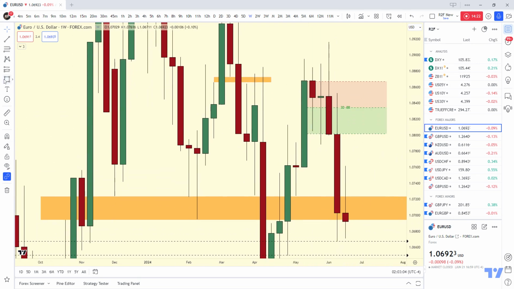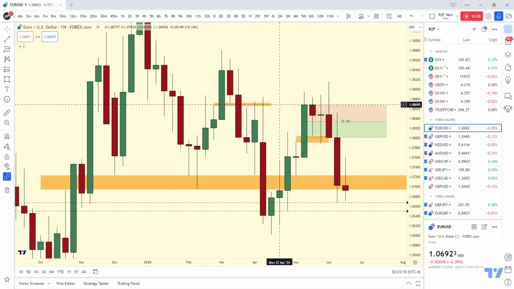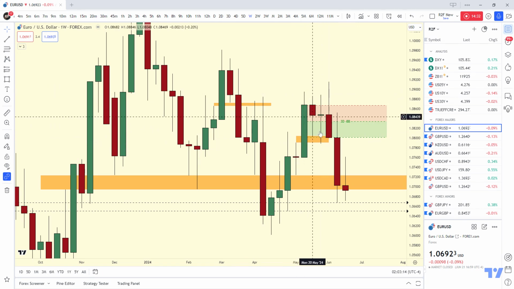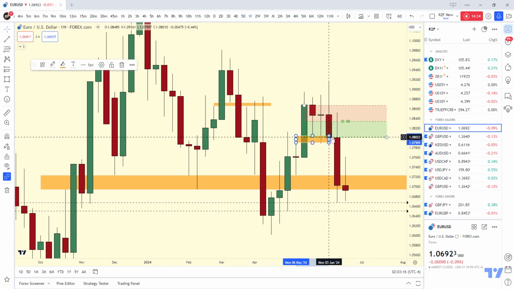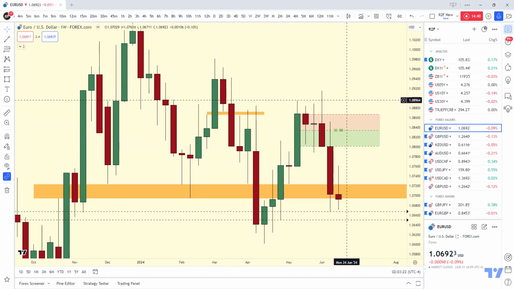Okay, look, price comes into this gap. This is an R2F gap for wick here. I have a video on my profile as well. It took out the equal highs and this high, and then started coming down, right? So at this point, I think a lot of traders were feeling bullish, but I was just waiting for that fake move